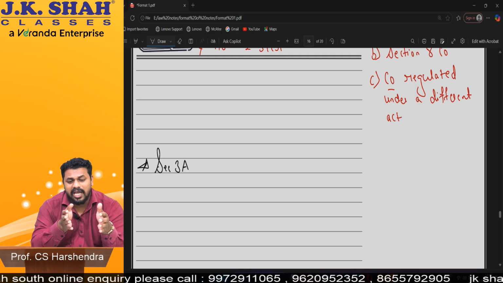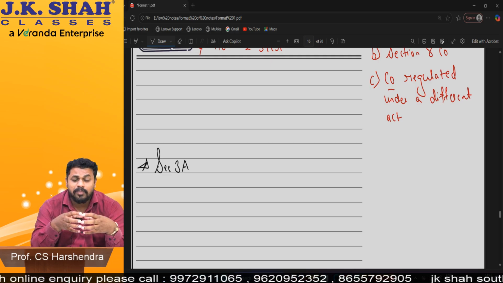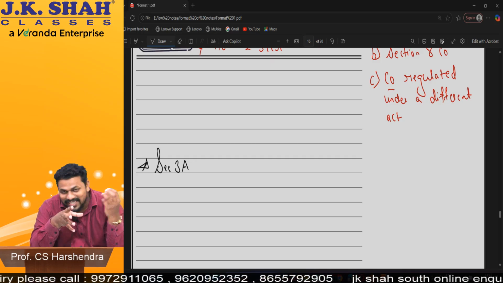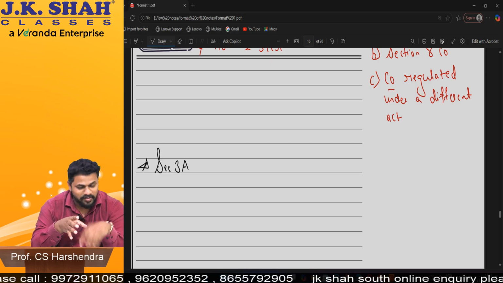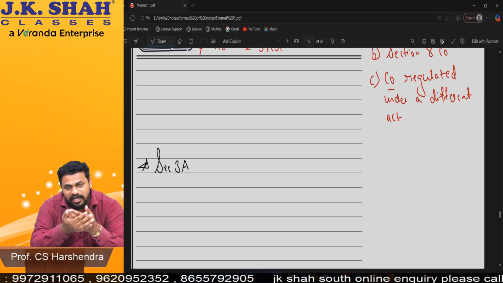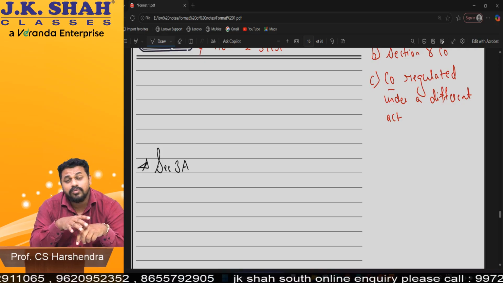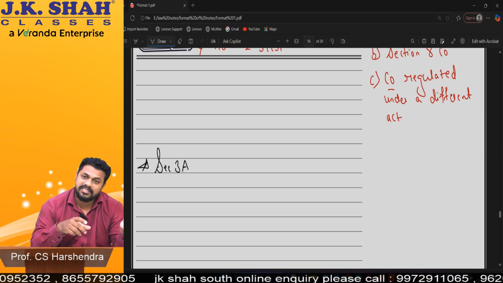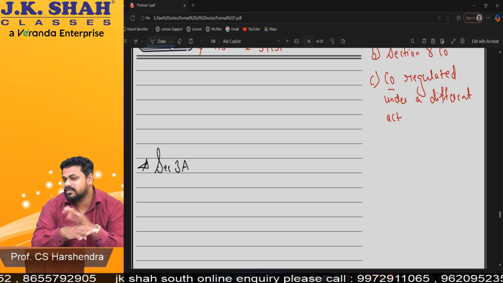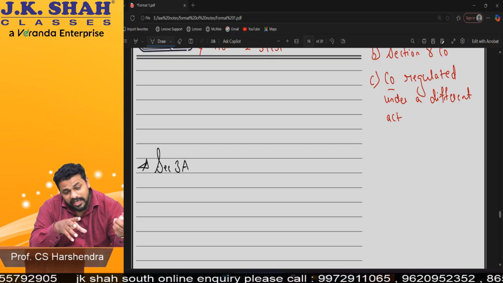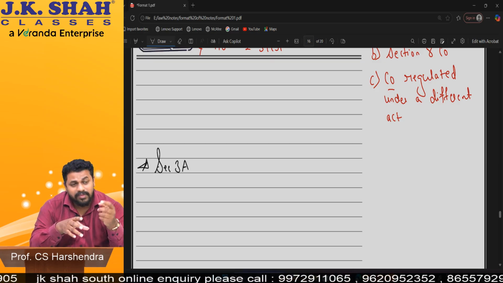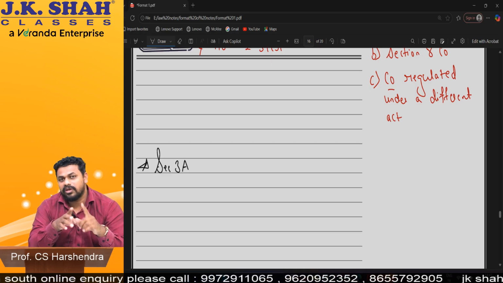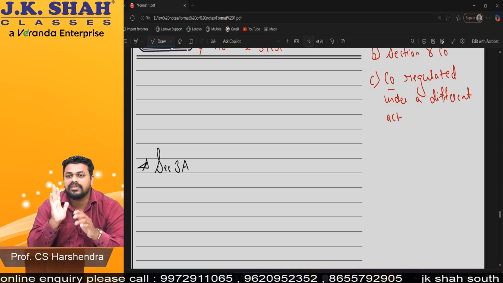Here Bunty has a duty to appoint a new Bubbly, meaning a new member, within 6 months. In case he appoints, well and good, the company will run. But if he doesn't appoint a new Bubbly within 6 months, then for any contract taken after the said 6 months, is the company in existence after 6 months? No. Any contract taken in the name of the company after 6 months will be as good as if it is in the name of Bunty only. And Bunty will be personally liable on that contract. No limited liability concept. Am I clear with this?